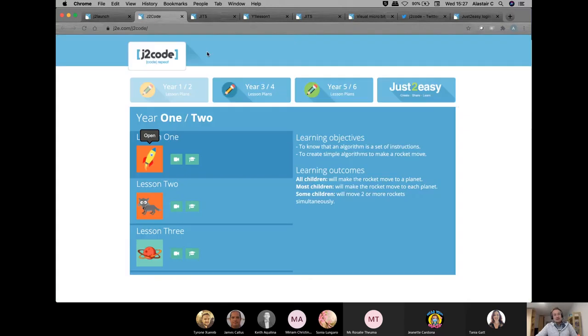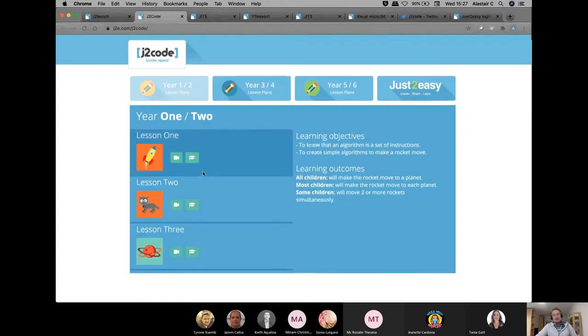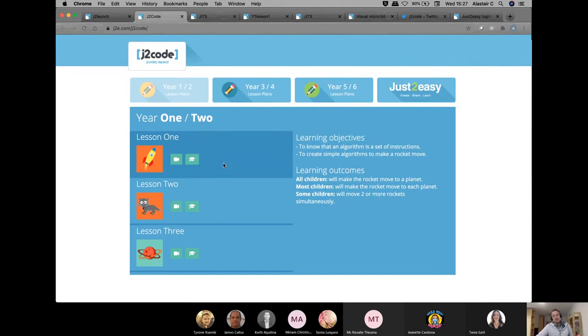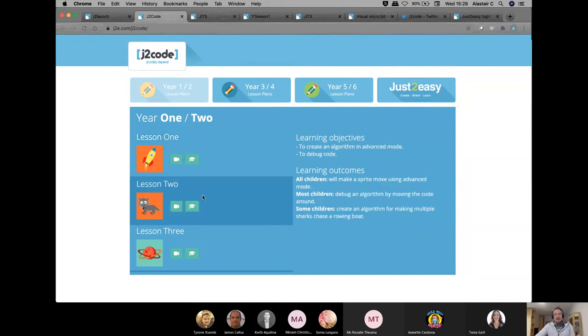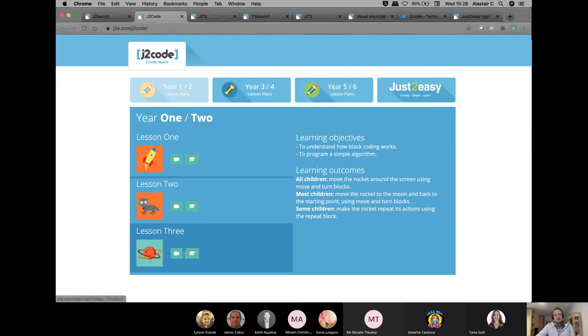And if I go back, there are progressive lessons that allow students to work through skills in algorithms and coding. Lesson 2, for example, is the ability to debug code. And lesson 3 is to understand really how block coding works and also to make a simple program there.